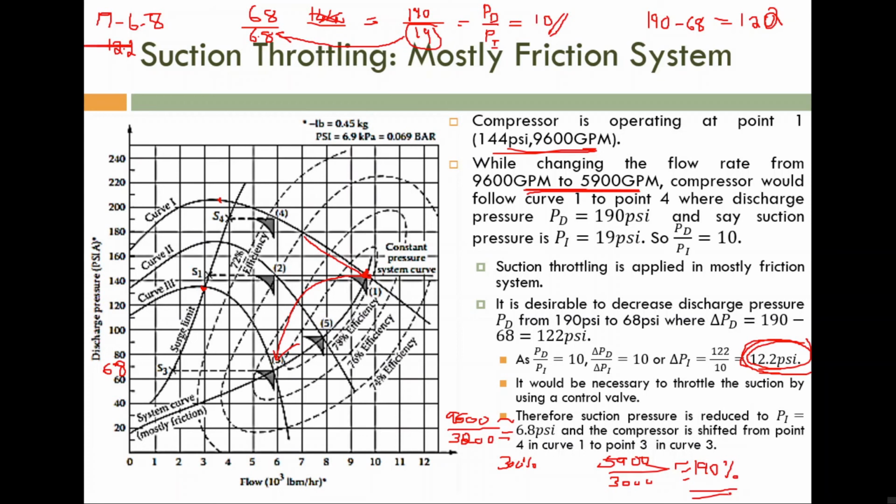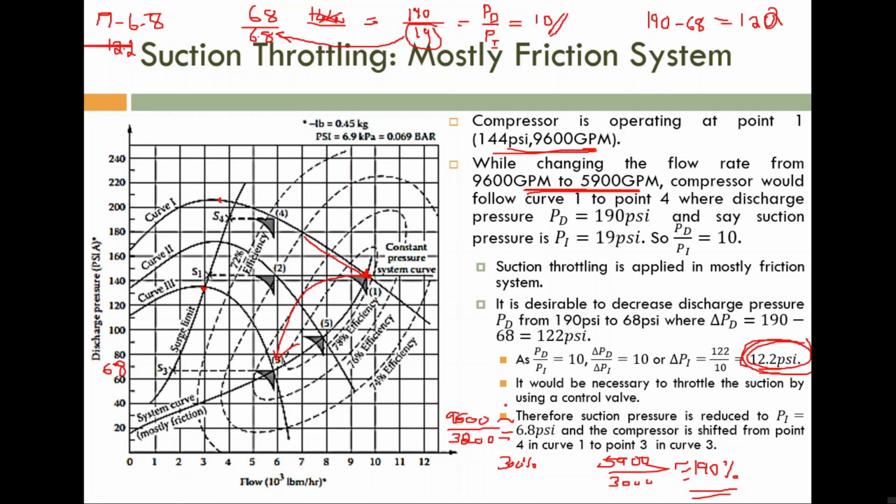So please note, if you want a constant pressure system, there is no other choice. You have to select the previous one. If you want a mostly friction system, you have to select this one. Before selecting a compressor controller, first you have to check for what purpose we are controlling the compressor, whether for a constant pressure or for a minimum flow. Otherwise, even if we want a minimum flow, if you implement a constant pressure system, the chance of breakdown is there, and the chance of vibration is there. So with respect to our requirement, you have to select the control of the compressor.